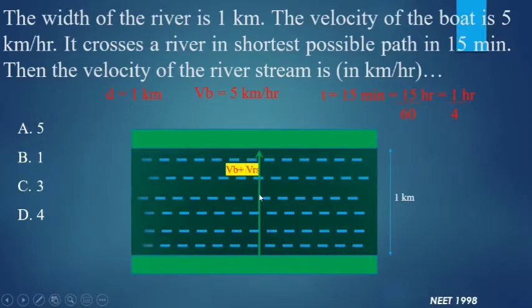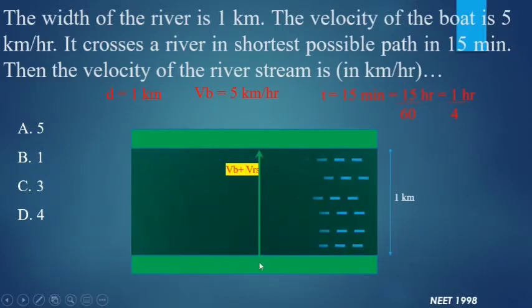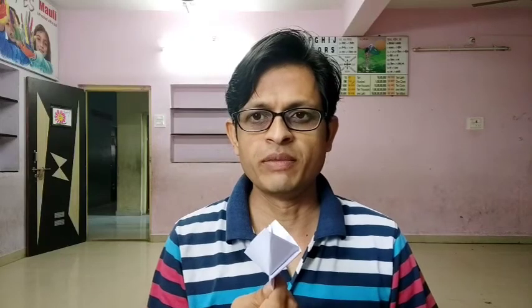And this is the outcome of two different vectors. One is the velocity of the boat and the other one is the velocity of the river. Imagine that this boat is traveling in a straight line and the river speed is acting in this direction. In this case, what will happen? The boat will shift its direction along the direction of the river because of the force of the water, and this will not remain in the straight line, it will go in this direction.